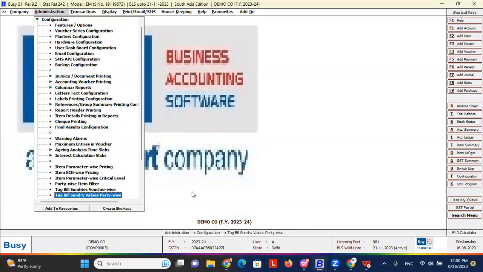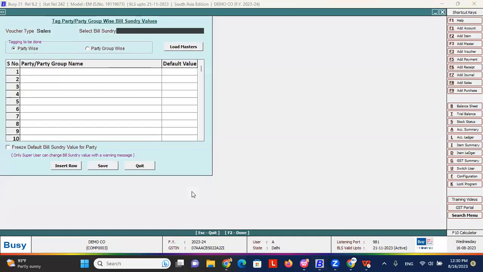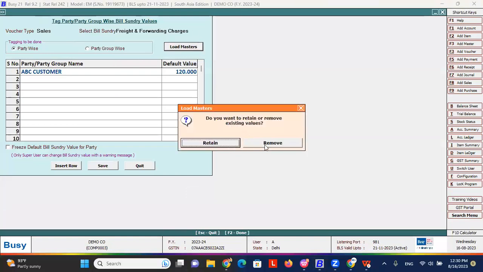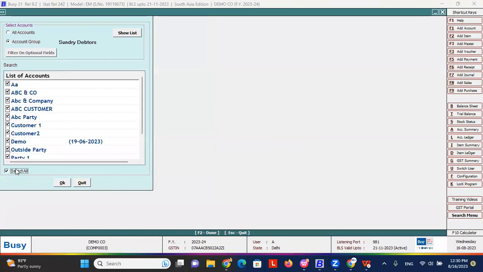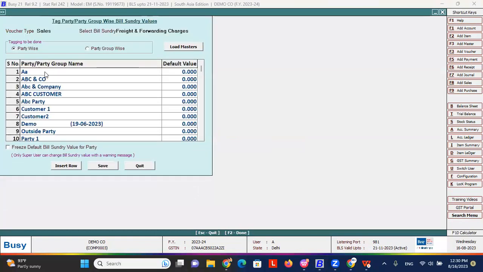Also, if you want to tag bill sundries value party wise, for example, click load masters, and you will get the list of your sundry debtors or sundry creditors parties. You select all the parties, and you set that for a party, my freight should pick 100 rupees. For ABC customer, my freight should pick 90 rupees. So you are setting your freight value on the basis of party. So if I save it,